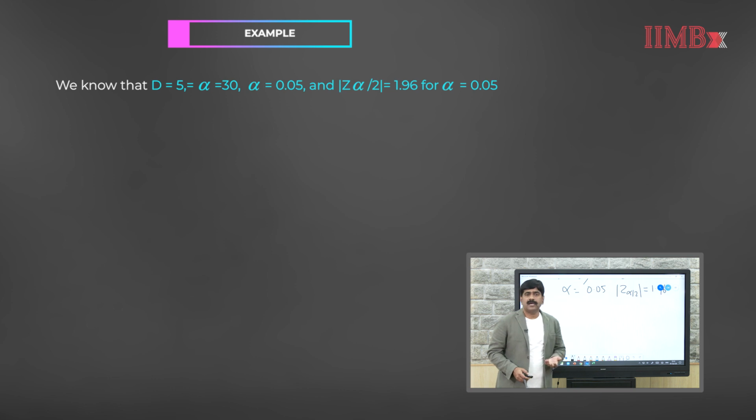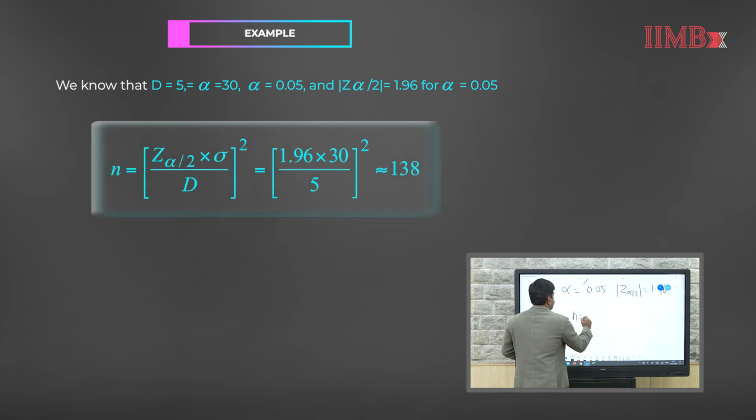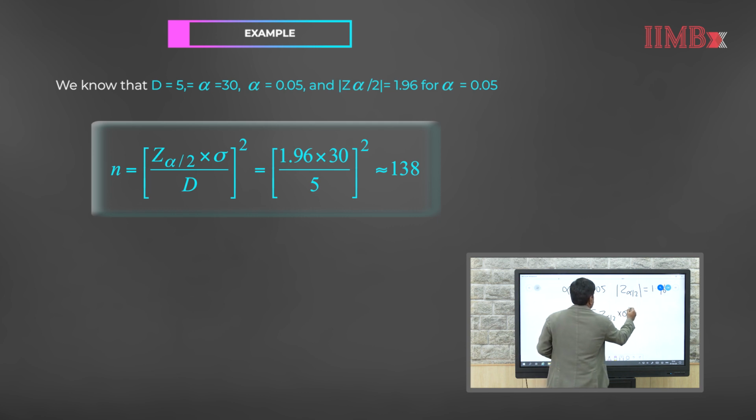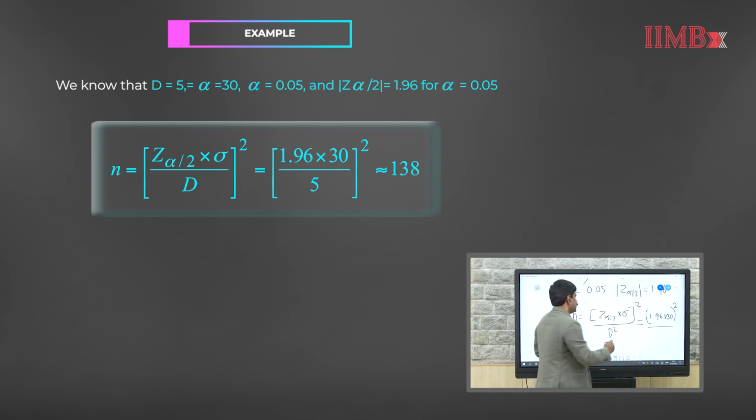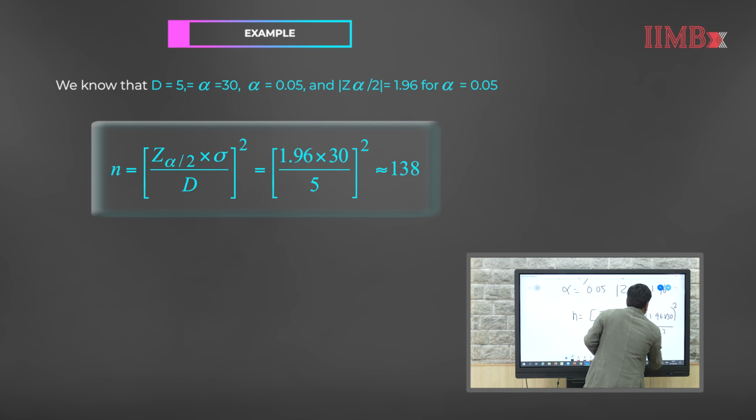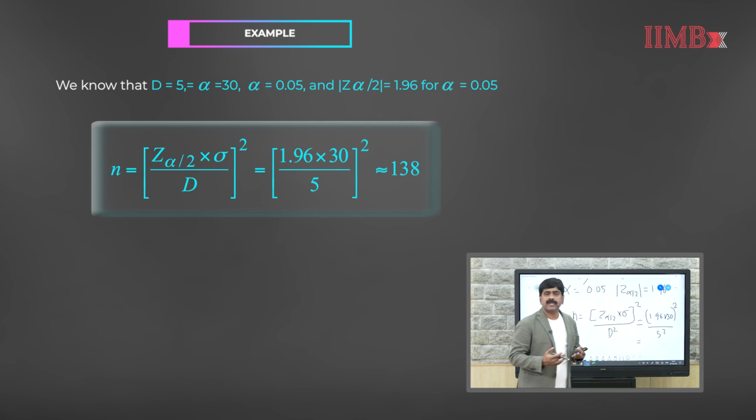We will get the value of sample size. So, n is z alpha by 2 times sigma, square, divided by d square. So, this is 1.96 times 30 square, d is 5, which is the error. So, this is 5 square, and when you simplify you get this value as